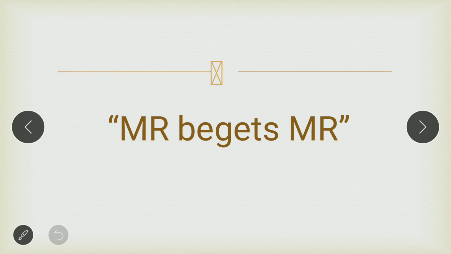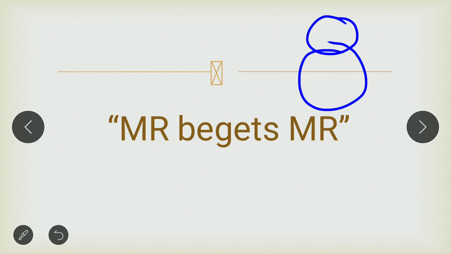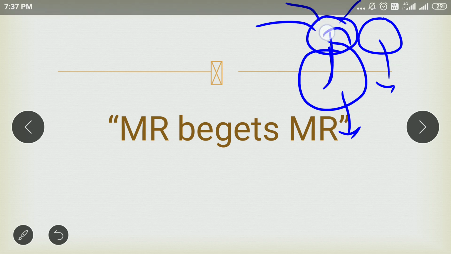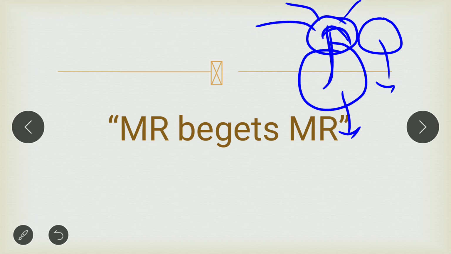We have seen what is mitral regurgitation. Suppose this is the left atrium and this is the left ventricle. With every contraction, some amount of blood goes backwards and some amount comes out. So during the next beat, this left atrium will be pushing both this blood, that is the blood received from the pulmonary vein and also the blood received from the left ventricle. So with successive beats, the amount of blood reaching the left ventricle increases. So naturally the cardiac output also increases.